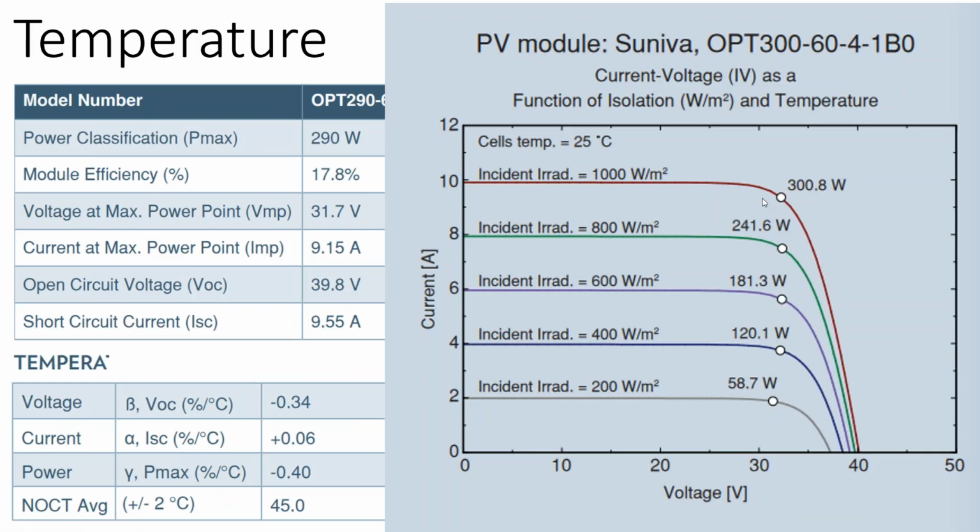And so here's the temperature data, where most of the time your irradiance is not at 1,000 watts per meter squared. Most of the time it's at 800 watts per meter squared. So when it is at 1,000 watts per meter squared, your cell temperature is generally above 25 degrees Celsius. And on your spec sheet, there are temperature coefficients, like this temperature coefficient of power, that says for every degree Celsius above standard test condition, you're going to lose 0.4%. So just from temperature alone on that 35C cell temperature, which could be a 25C day where the cell temperature has elevated to 35C, I'd be losing 4%